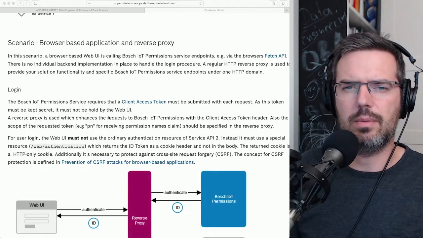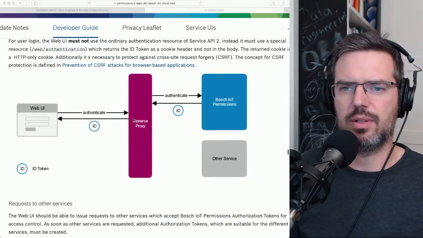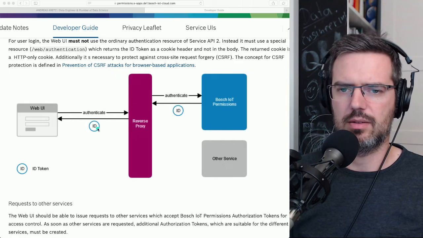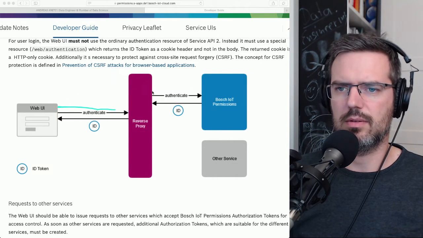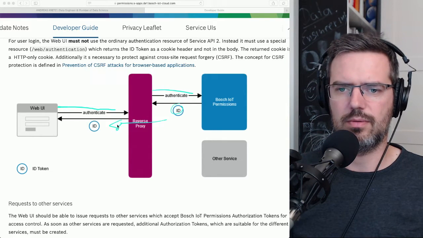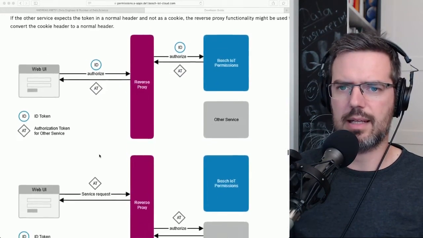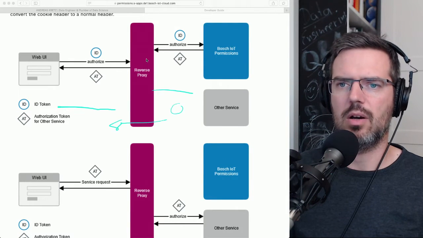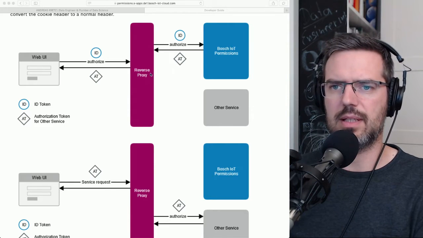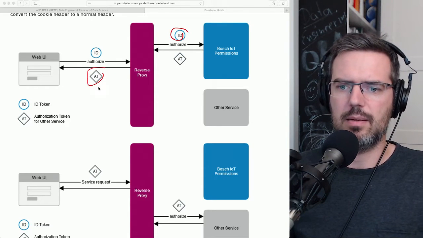is there was also this scenario with a proxy. This is what I said before. So you would basically use your authentication, and you only use an ID. So this is the first step, and then you're doing the next one, and it gets routed through, and you get the ID delivered back to you. And then in the next step, you would obtain a token depending on the service that you're using. So basically you get a token just with your ID, and in the next step, with a reverse proxy,